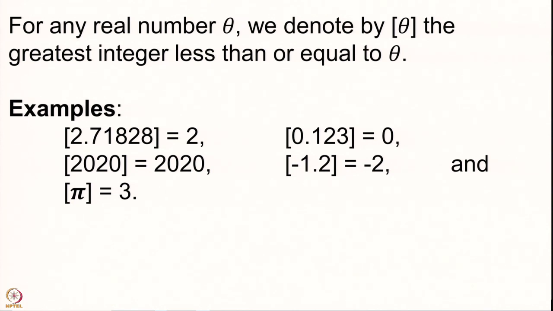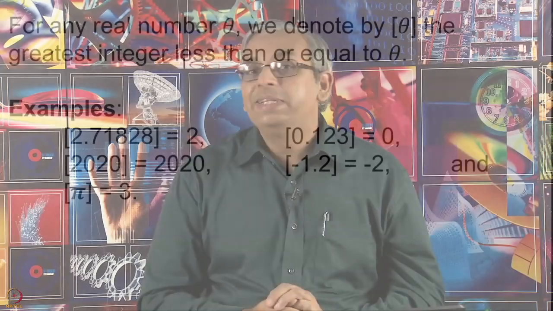Remember that pi has this expansion 3.14 something something, and therefore, its floor function will give you the number 3. Now, of course, when you take any real number theta and look only at the floor function applied to it, then you have only an integer, and somehow you do not want to miss out on the information of theta. So, we would also like to keep track of the difference between your number theta and the floor function applied to theta, and there is a notation for that.